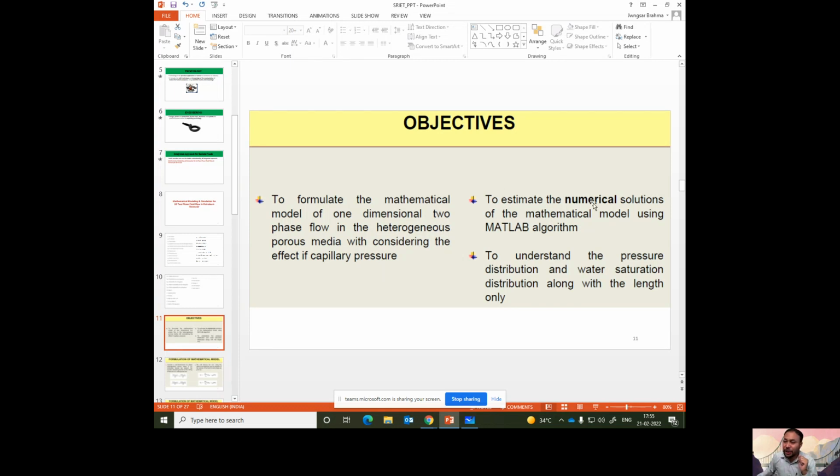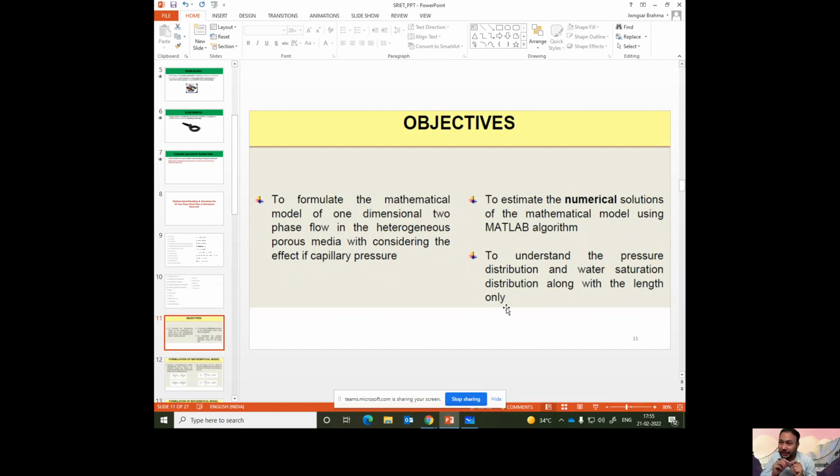Second, to estimate the numerical solutions of the mathematical model using MATLAB algorithms. First, we have to develop the partial differential equations, and we have to solve them with the help of MATLAB algorithms. Next, to understand the pressure distribution and water saturation distribution along the length only, because